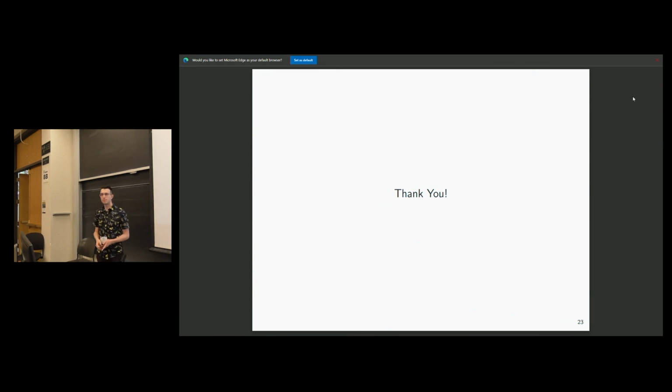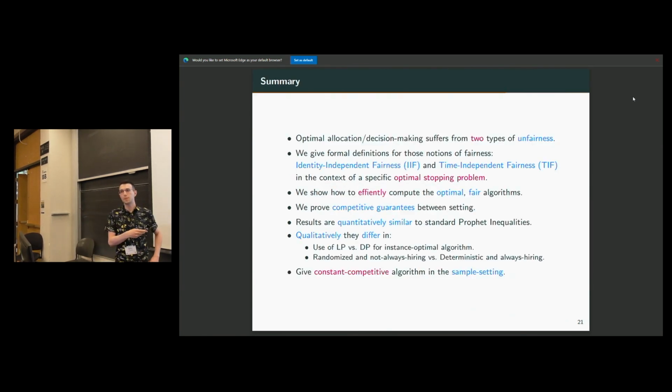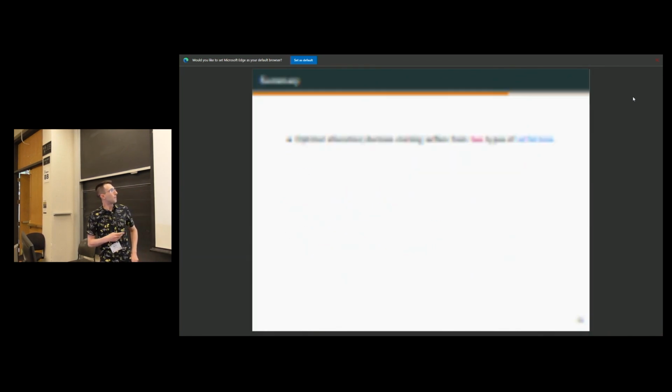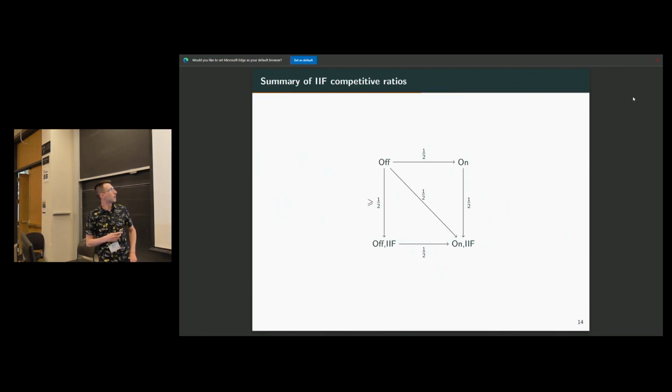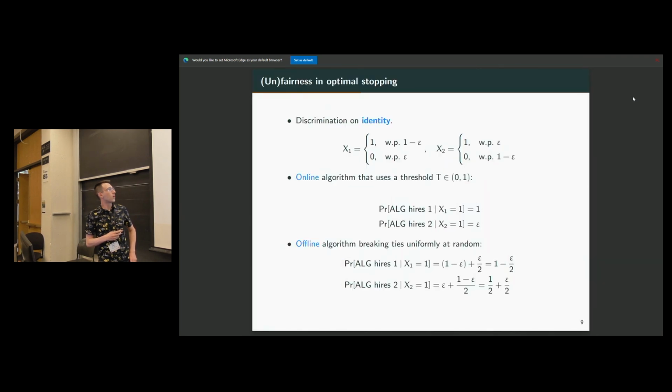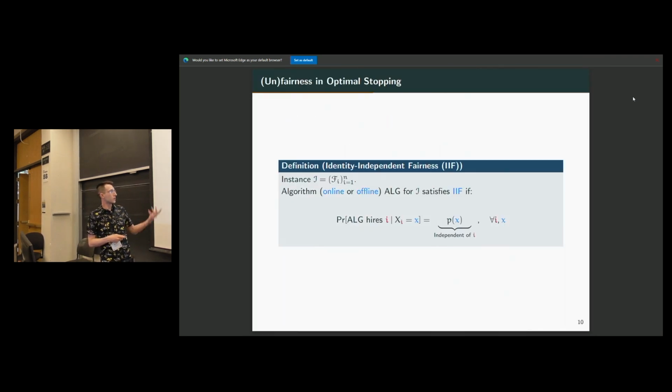Yes? Sorry, I have 2 questions. So I'm a little confused about the difference between the 2 definitions of fairness. Isn't your name and identity just your position in the order? Is one of these stronger than the other? No, they're orthogonal in a sense. They correspond to the 2 examples with the Uber and the grant funding. They are fundamentally different kinds of fairness. You can have examples of algorithms that satisfy one of them but not the other. But isn't your identity your position in the order? Identity is the distribution from which your value is drawn. Oh, I see. Yeah.